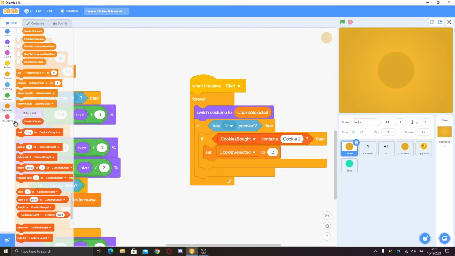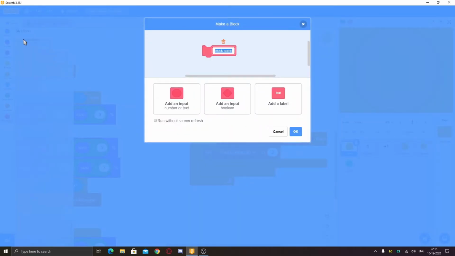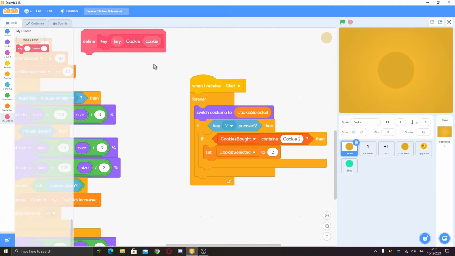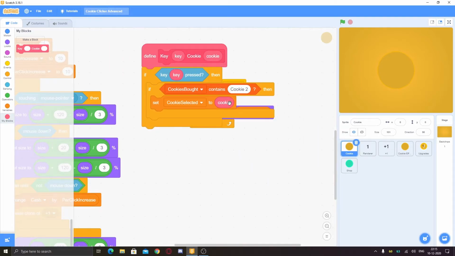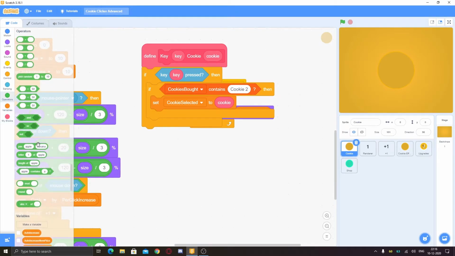Duplicate this, or instead of just doing this, you can make a block called key with the input, then cookie with an input, and click on OK. Then you can just put the script here, then put key inside of this, cookie inside of that, and you can just use the join one, like cookie space and then the cookie.